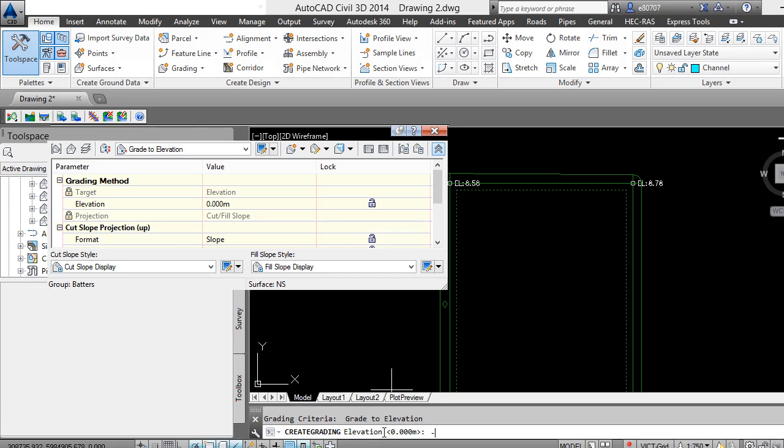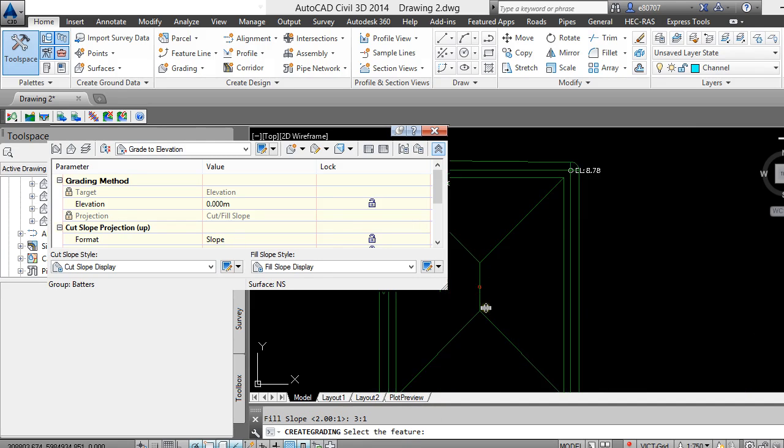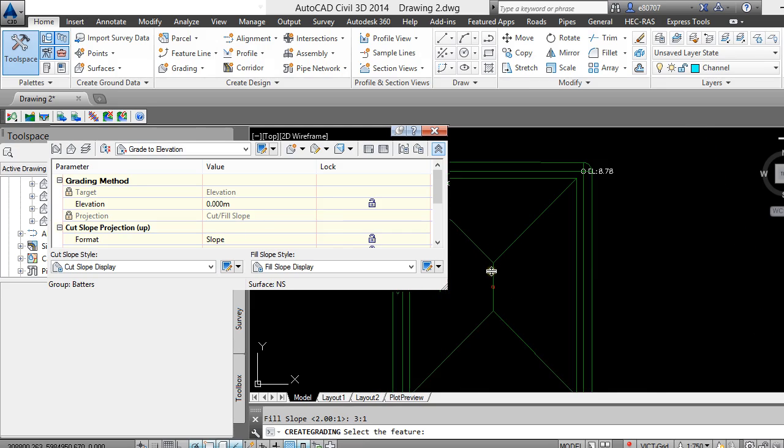I will say 5, and cut slope, enter 3-in-1. Fill slope, enter 3-in-1. As you can see here, it is closing, so there is no bed width because we provided 3-in-1